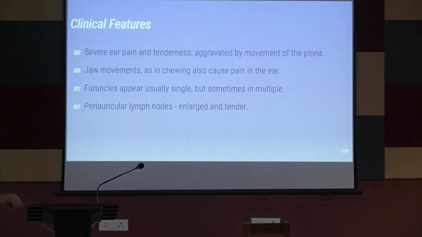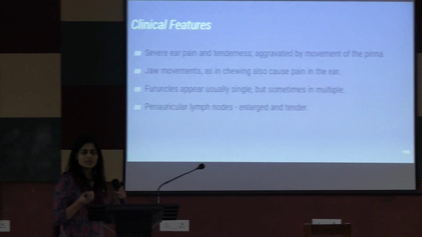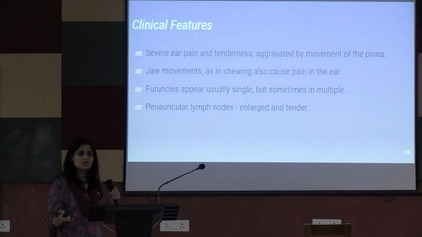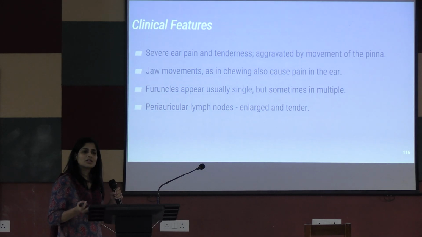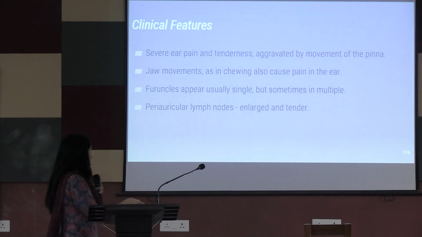Then what is the sample you will take? How will you take it? With the help of swab. Any secretion, purulent secretion that is coming out of ear, you will take it. Then you will run it through the laboratory. If there is growth in the bacterial culture, you will perform Gram stain, you will perform biochemical reaction, you will identify the causative organism, you will perform AST and treat the patient accordingly.